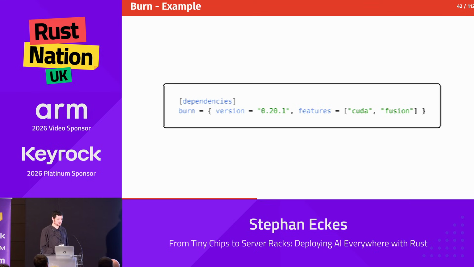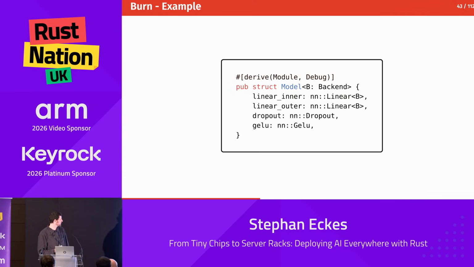And this is how you run it. So also there, just cargo add burn. You can select the backend with features. So here we're using CUDA. Fusion is just for kernel fusion. So it takes a bit longer to compile, but it tries to merge kernels into one if it's possible, which just speeds up the model a bit.